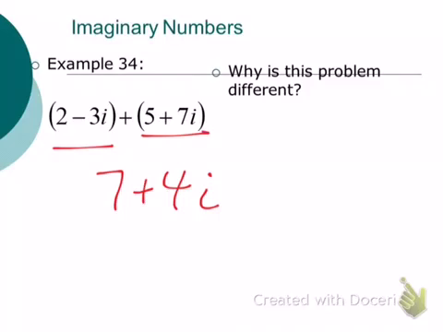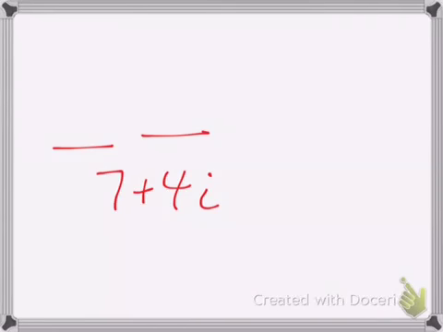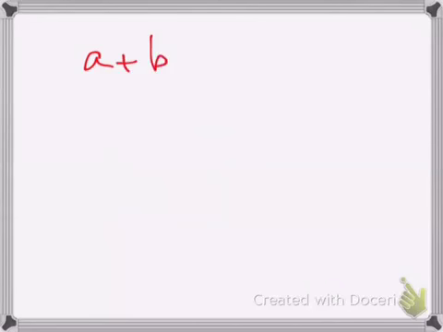Now, the practice sets have some problems that look a little bit more complicated. But no matter how complicated the practice problems get, ultimately every answer is going to end up being in standard form. So our ultimate goal, if we're working with complex numbers, is to get something that looks like that every single time. If it doesn't look like that, then it's not simplified.